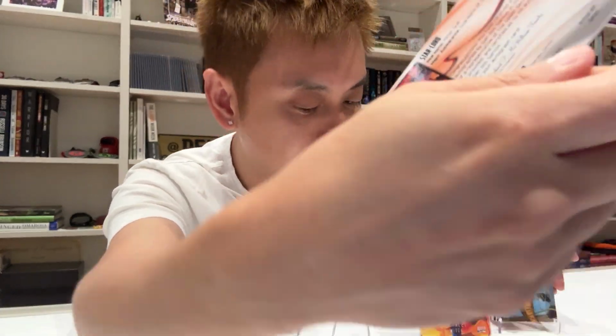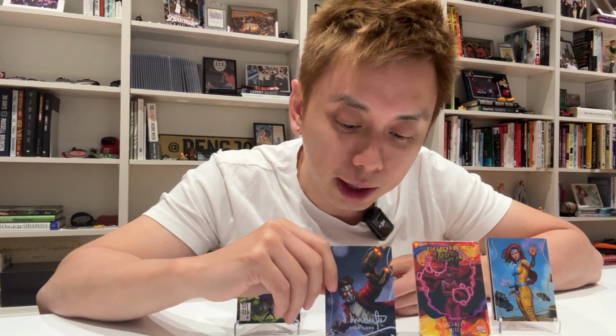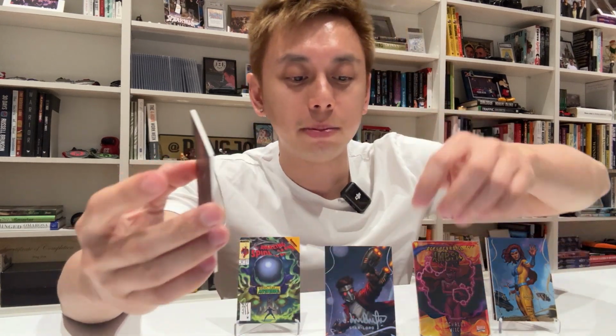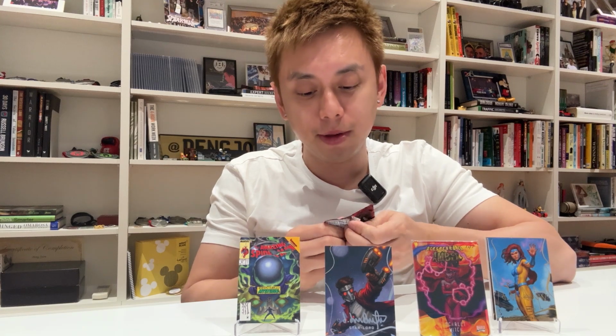of 10. Okay. What are your thoughts on serialized cards? Would you like to be able to see that in other games like Flesh and Blood? Let me know. I know that some people think it's a cash grab. I think it's a great addition as a collector. So there's more things to collect. Because sometimes, quite frankly, I'm a little bit bored just collecting the base set or the shinies. Okay. And if there's serialized numbers, imagine having an entire set where they're all serialized. I would love to be able to do that in Flesh and Blood. Anyway,